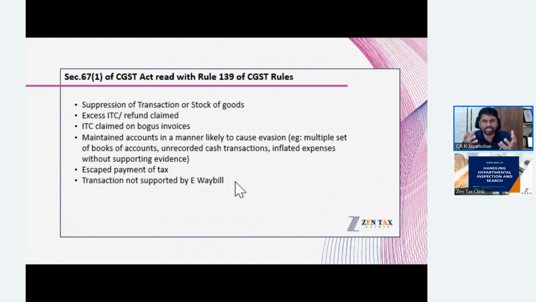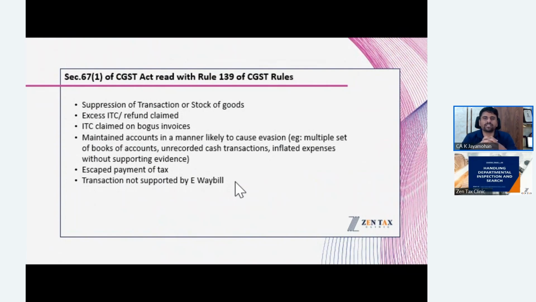So they accumulate information from various sources and do this exercise. So first one is suppression of transaction or stock of goods. Generally, during an inspection proceeding, once the team of officers arrive at the place of business, they usually ask you for the financial statements for the prior period. Like for example, during the month of October, if your place of business is subjected to inspection, the officer